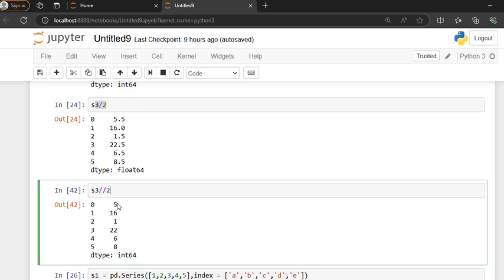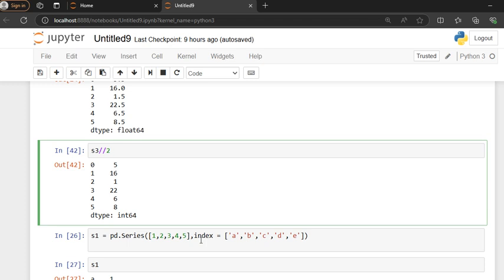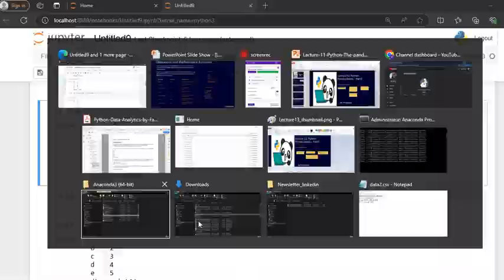So instead of giving 5.5 for the first case, it gives 5. For the third case, instead of giving 1.5, it gives 1. So that is floor division. So you can do any arithmetic operation with a scalar value on the series. You can also do